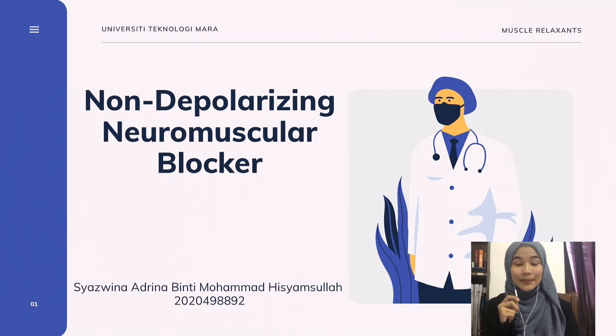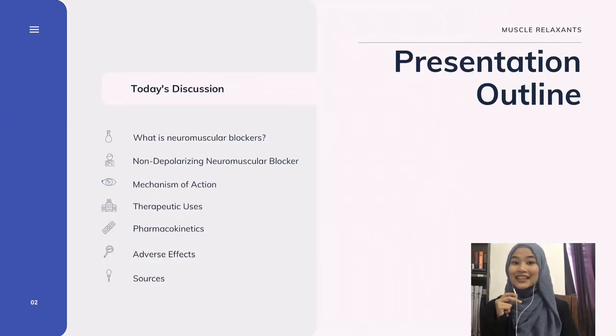The topic that I'm going to present today is regarding non-depolarizing neuromuscular blocker. These are my presentation outline. I'm going to explain what is neuromuscular blocker, then non-depolarizing neuromuscular blocker, the mechanism of action, then the therapeutic use of this drug, and also the pharmacokinetics and the adverse drug effect, and my last slide will be the source